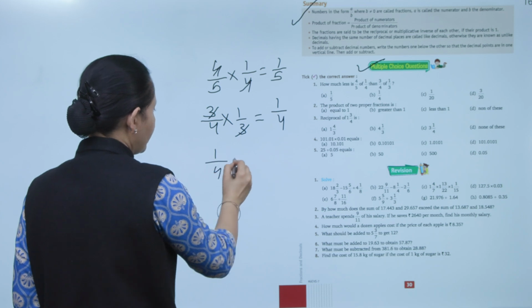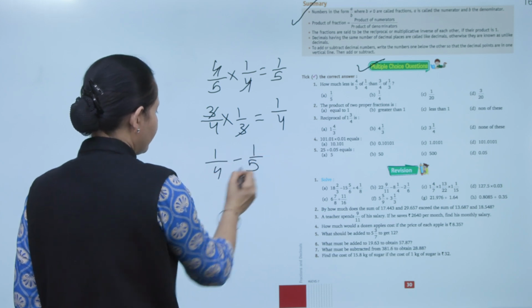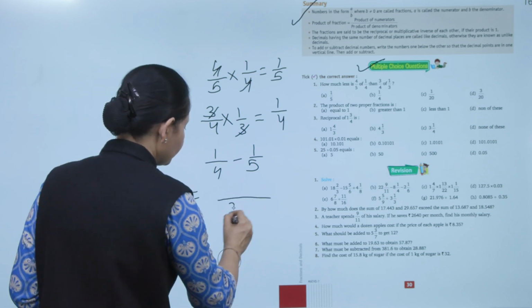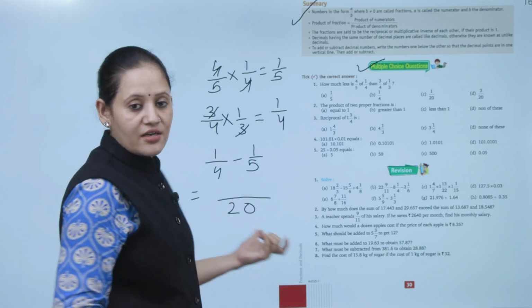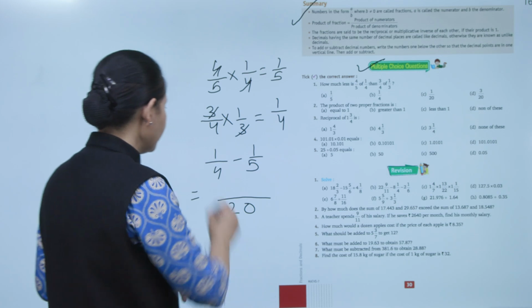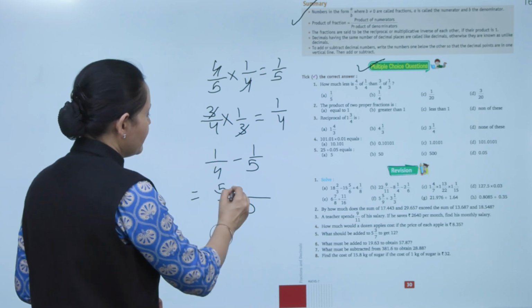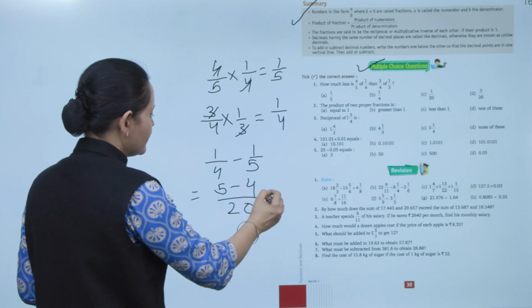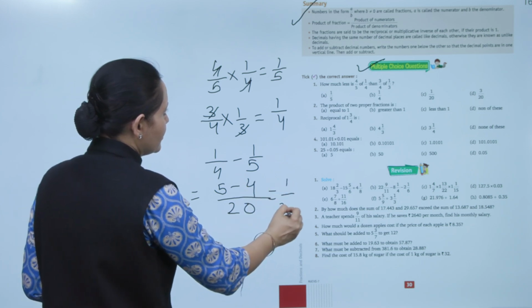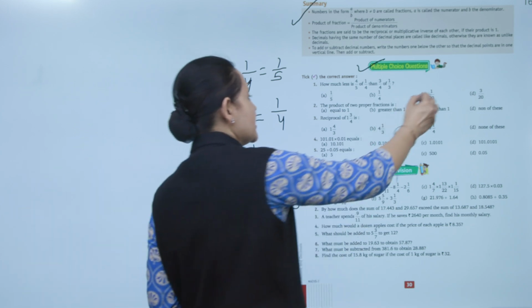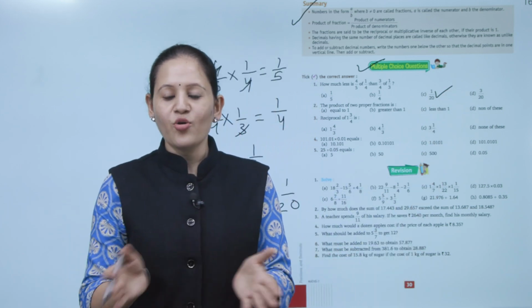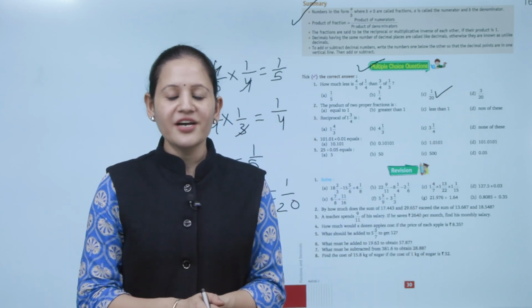Now difference निकालेंगे, 1 by 4 minus 1 by 5. So first we'll take the LCM, that is equals to 20. 20 divided by 4, that is 5. 5 into 1 is 5. 20 को 5 से डिवाइड करेंगे 4. 4 into 1 is 4. So that is 1 by 20. So C is the correct option here. So here we end the chapter. I hope आप सबको चैप्टर अच्छे से समझ में आ गया होगा. Now you have to practice it.